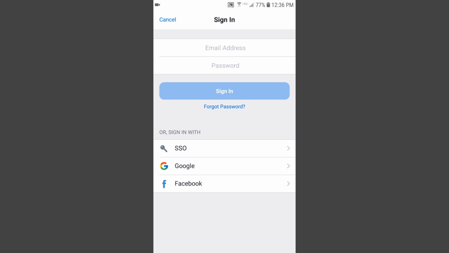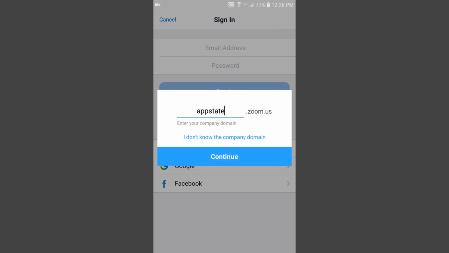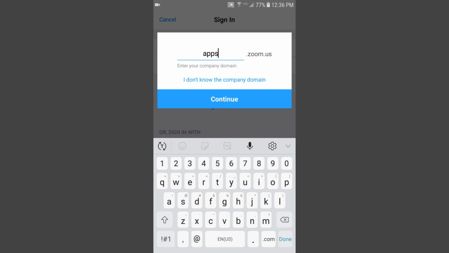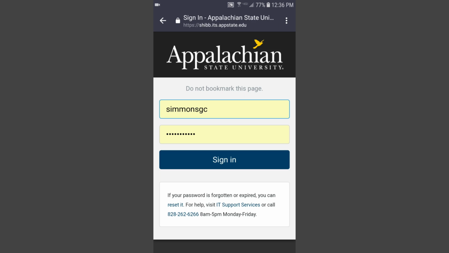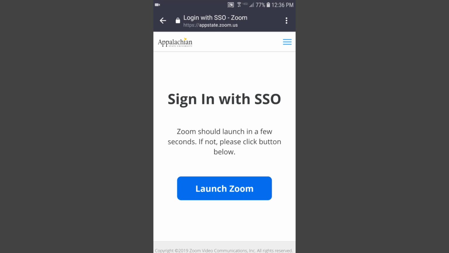You can also choose SSO, single sign-on, and you'll see the first time you come into the app it says companydomain.zoom.us. I'm going to fill in good old AppState, and we're going to click continue. And you'll see it takes you to the regular Shibboleth login that we use for everything. I'll click sign in, and then you'll see you're authenticated, and from there you can launch Zoom,